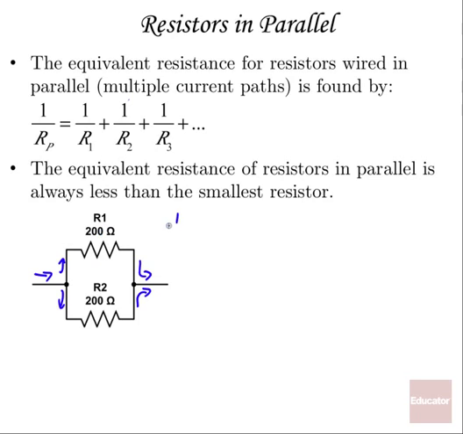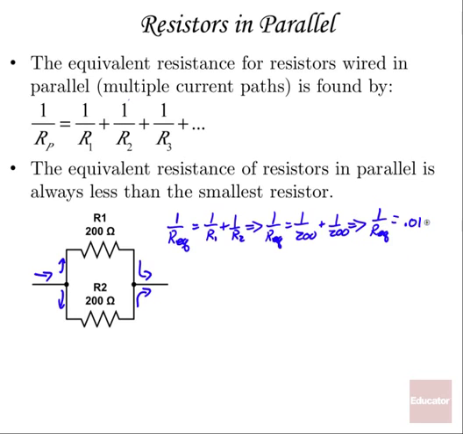How do we solve it? 1 over R equivalent is going to be 1 over R1 plus 1 over R2. Therefore, 1 over R equivalent is 1 over 200 plus 1 over 200, which is going to be equal to 0.01. So if 1 over R equivalent is 0.01, then R equivalent is going to be 1 over 0.01, which is 100 ohms, which is less than 200. So the equivalent resistance is 100 ohms. You could take these two 200 ohm resistors and replace them by one 100 ohm resistor and have the same functional